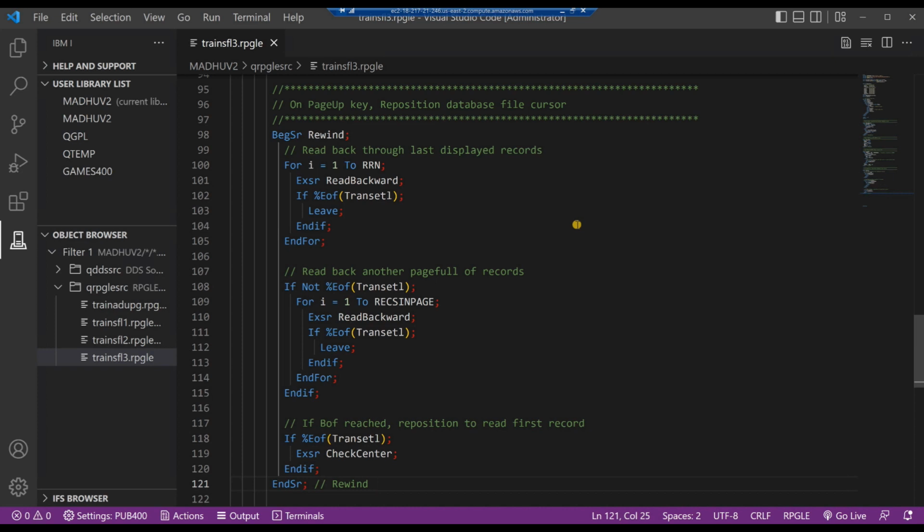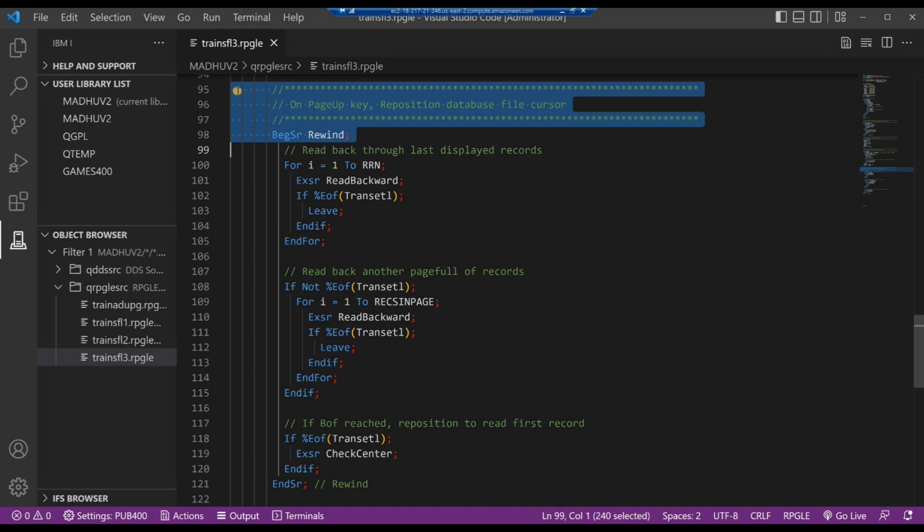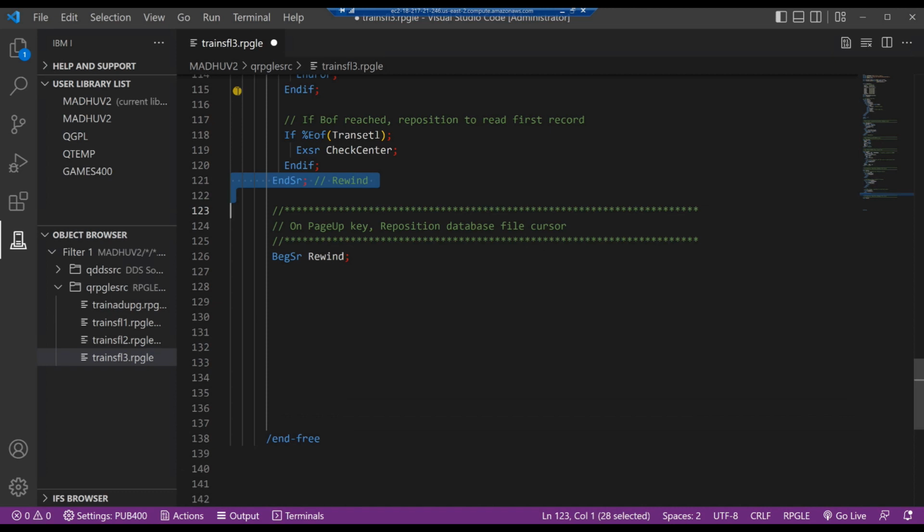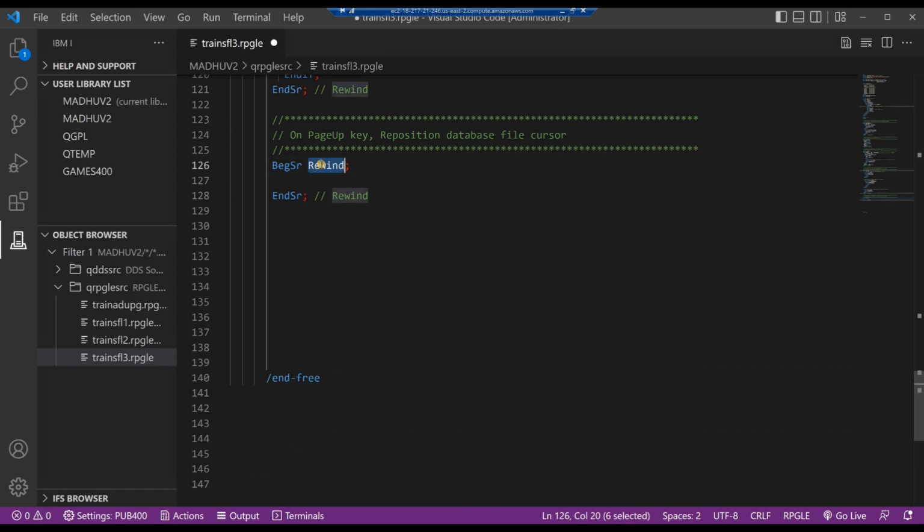And we have to key in the last two subroutines, the two read subroutines, read forward and read backward. Highlight and copy the first 4 lines from the previous subroutine. Press page up, paste it below. Highlight and copy the last 2 lines from the previous subroutine, paste it below. Highlight the subroutine name, change it to read forward. Highlight and copy the subroutine name, paste it in the last end subroutine line so we know which subroutine ends in this line. Highlight the comment on the subroutine,